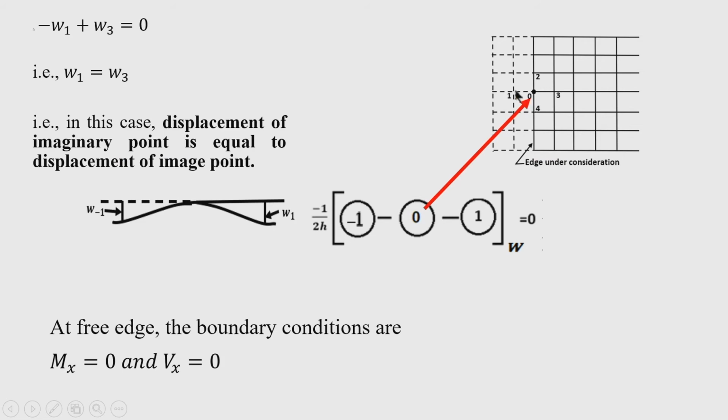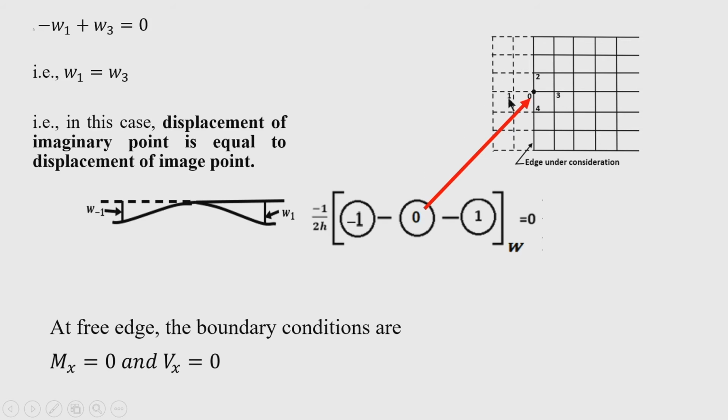0 is the node where we want to apply the boundary conditions. So, for the fixed edge, that is the slope, this stencil, the first derivative stencil, is put here at 0. Then we get 2 points: this point is on the node on the boundary, and this point is outside the boundary. Automatically the boundary term vanishes, because the deflection at the boundary is 0, but this node is outside the boundary and has coefficient minus 1.